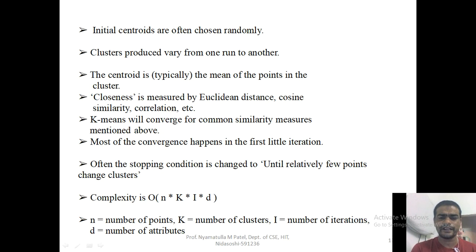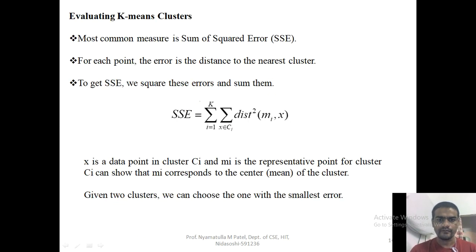The complexity of the clustering algorithm is O of n into k into I into d, where n is the number of points, k is the number of clusters, I is the number of iterations, that is how many times you are going to repeat the clustering algorithm, and d is the number of attributes. Now if I want to evaluate how